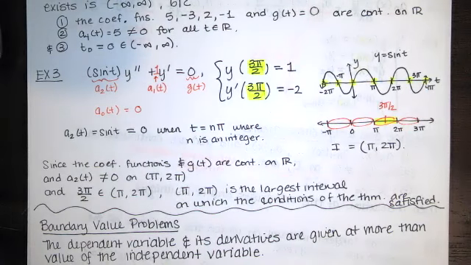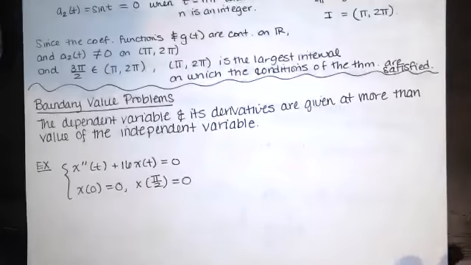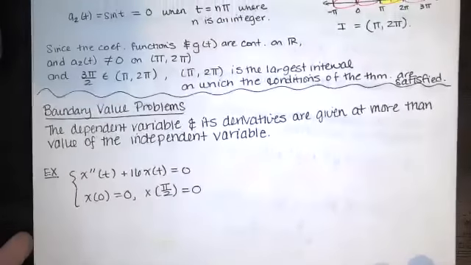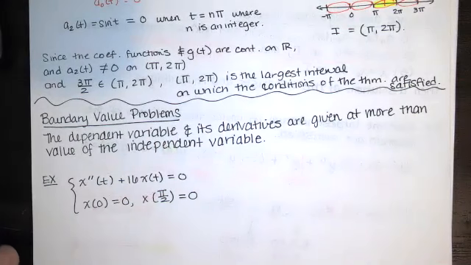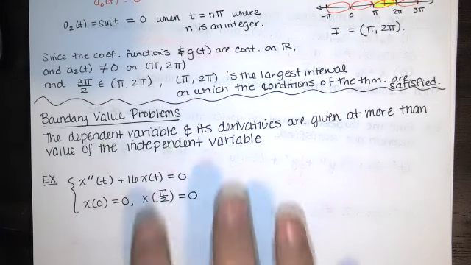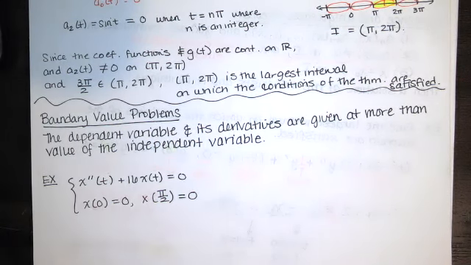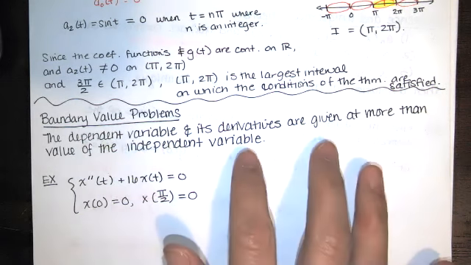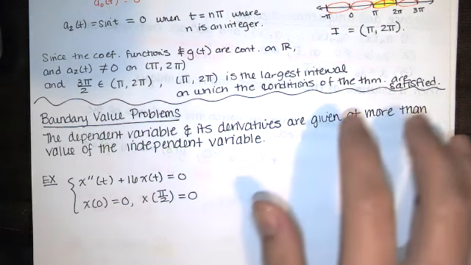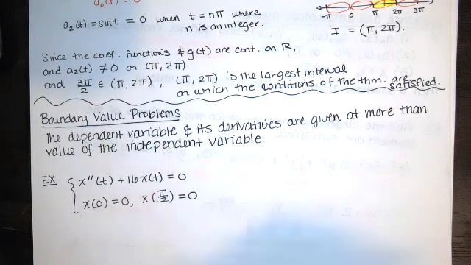Now we'll talk about boundary value problems. We talked about these briefly at the very beginning of the semester. A boundary value problem is very similar to an initial value problem. Here's the difference though. In a boundary value problem, the dependent variable and its derivatives are given at more than one